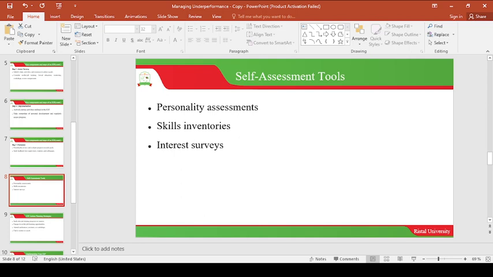Of course, other factors people also consider, like the labor market, what's happening in the labor market concerning the course you're supposed to take. So you also need to look at that. Then the next tool you need to look at is the skills inventories. What are you naturally gifted at? What do you have naturally? So we also need to look at that, because it has impact on your career. It has impact on the course you want to take.